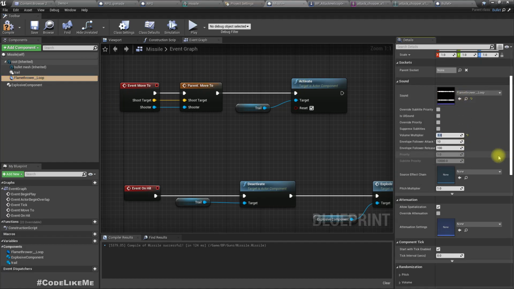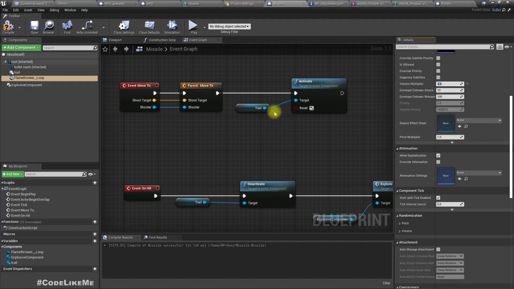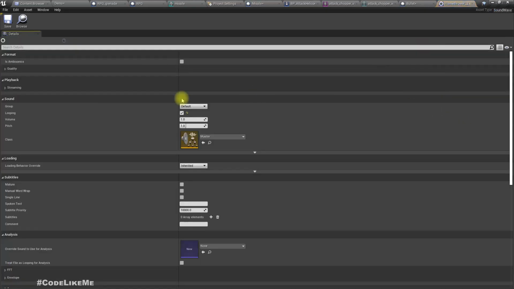A pretty high volume multiplier, and this has to be looping, and it is already looping, I think. Yeah,